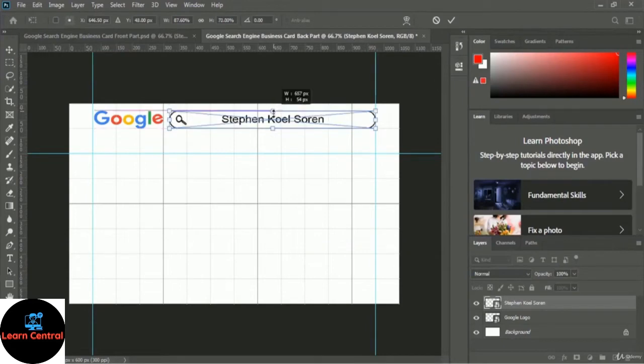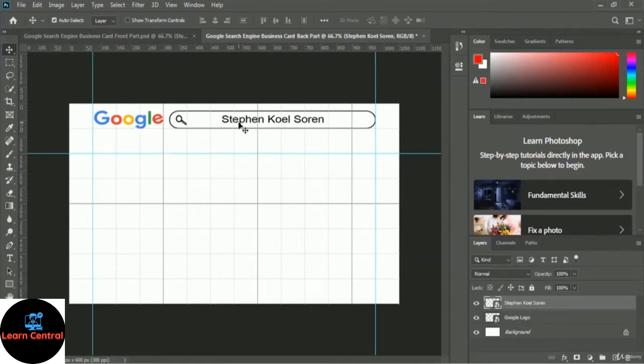Now it seems good. So you just have to click this tick mark, or you can press the Enter button from your keyboard. Okay, so our Google logo and our search bar are added here,